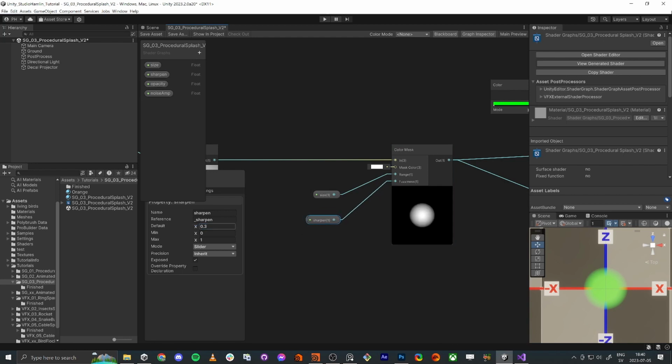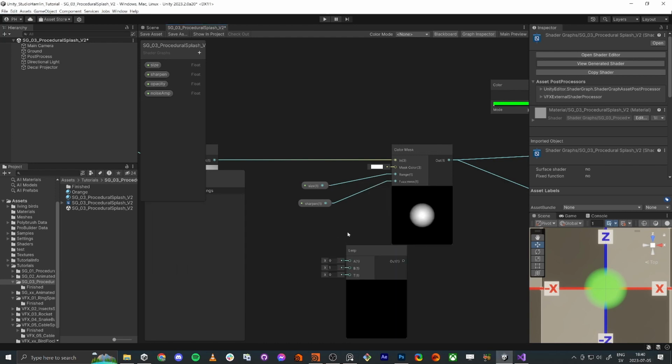What I'm trying to say is that you need to balance these two out to control the size and the sharpness. So to show what I mean, we're gonna have a lerp,